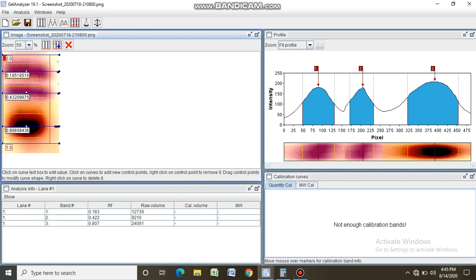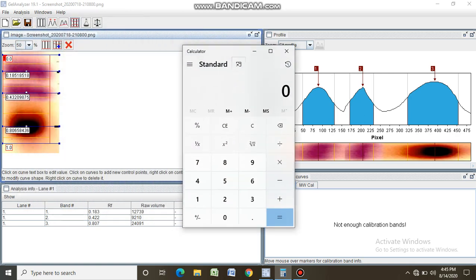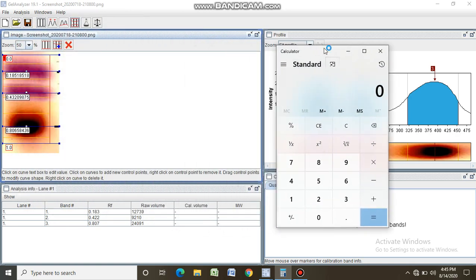Now we will calculate the percentage yield. Okay, we had a total raw volume of 62,012. We have noted that down.